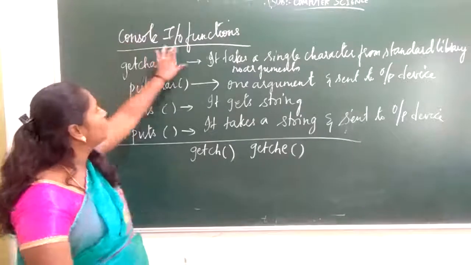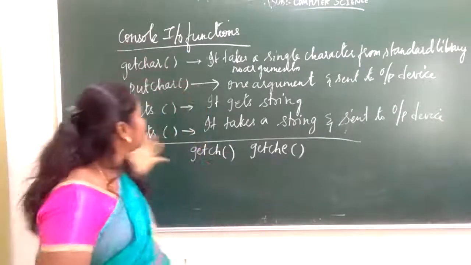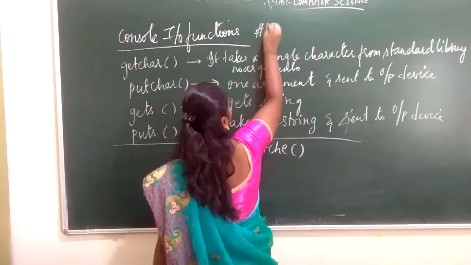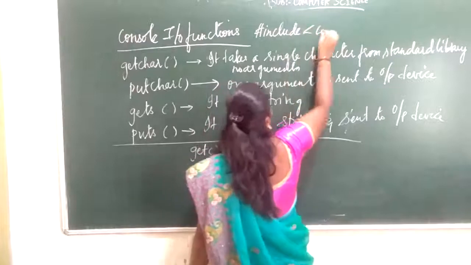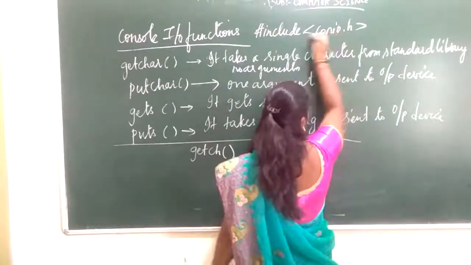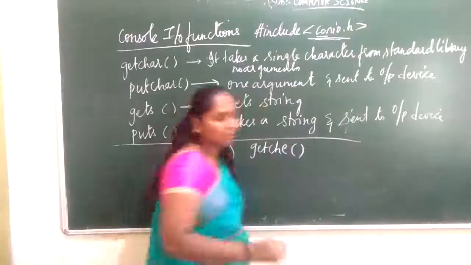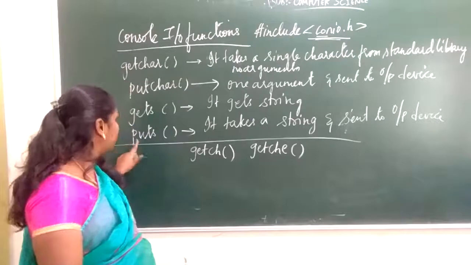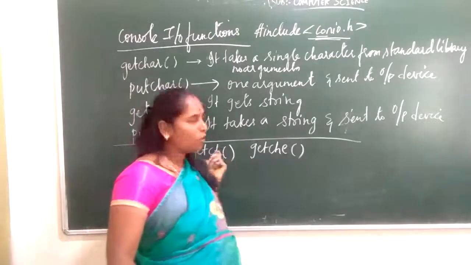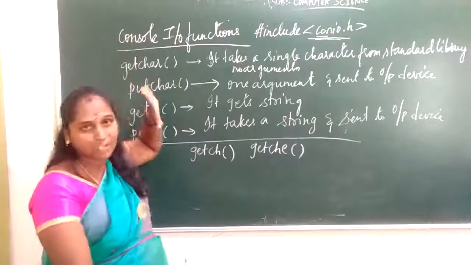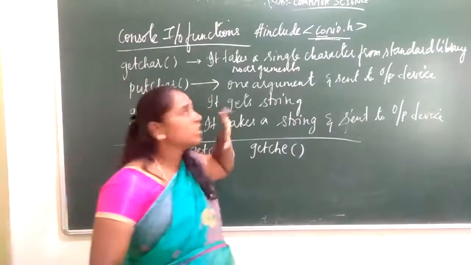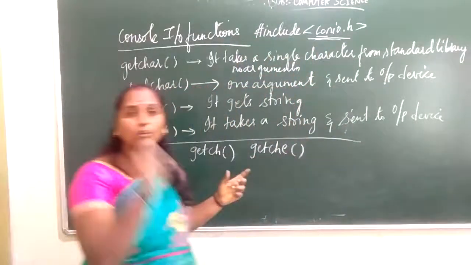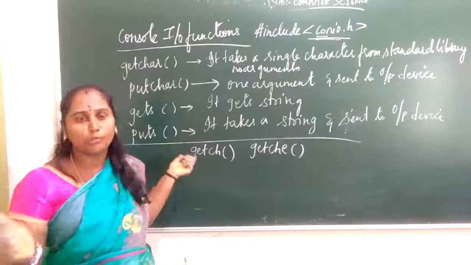Students, the next is console input output functions. If you are using console functions, you are going to use the conio notation. You use the file include conio. What is that? It is nothing but the console input output header file. If you are using functions like getchar, putchar, gets, puts, getch, getche, I'll explain what these are. If you are using a function like this in your programming language, in such a case you have to include a header file, include conio.h. Conio stands for console input output header file.